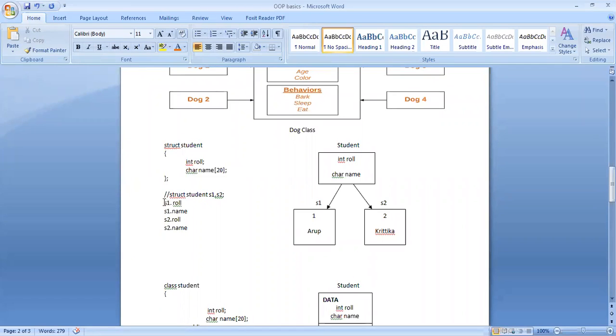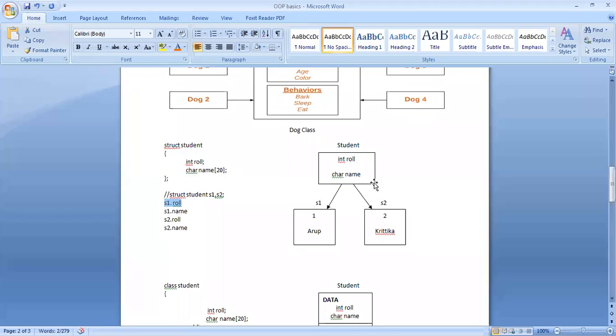So we access data members inside a structure using the structure variable followed by the dot operator. Fine. So this statement means I want to access the roll number of student 1, which is inside here, and then you can access it either to read values from the standard input device or to display the values on the monitor.